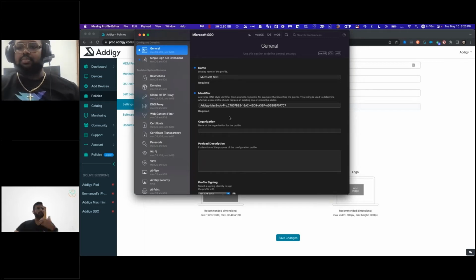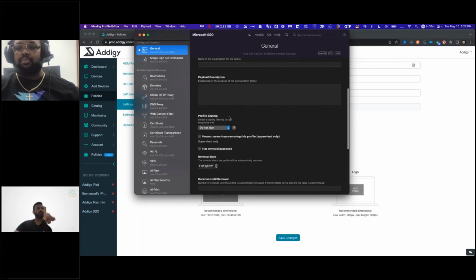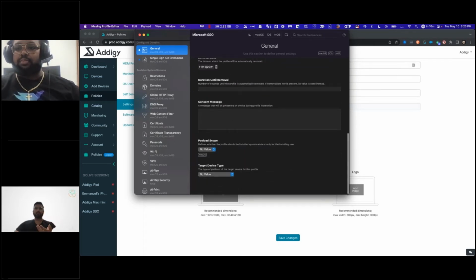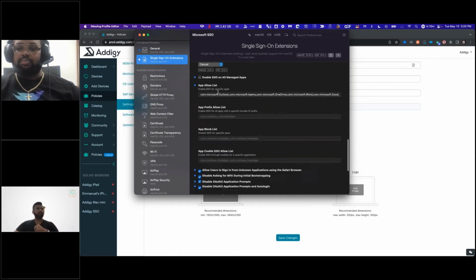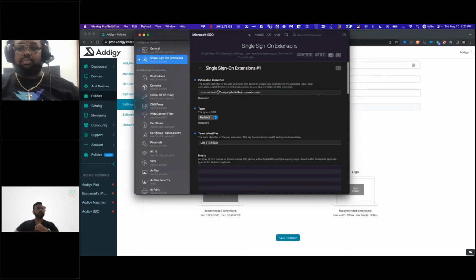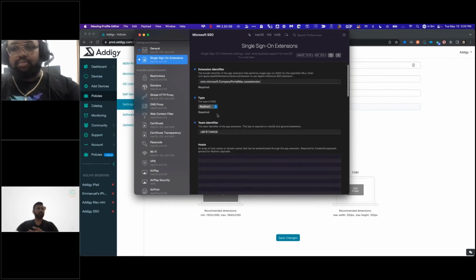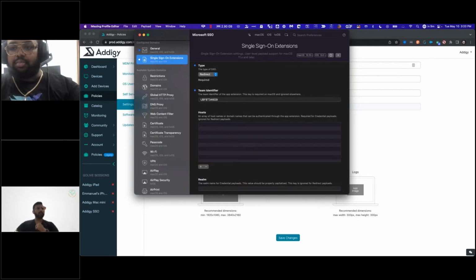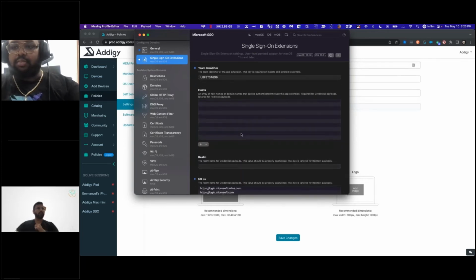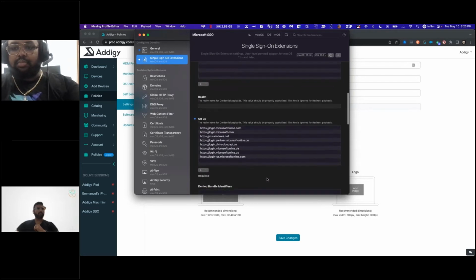As you can see here, I would just open up the application, name some of the settings that I want to custom configure, and from there, I can immediately jump into my single sign-on extension configurations. As I mentioned earlier, we need to fill in some requirements. We must mention that this is an extension identifier from Microsoft. Then that is a type redirect that is going to forward that link to your end users as they try to sign in with SSO. Then you have your team identifier that you need to provide from Microsoft, and some of the URLs that the credential is going to bring with the payload over.